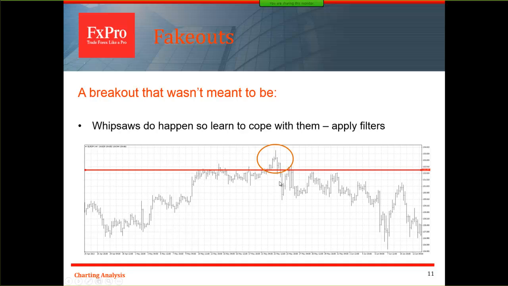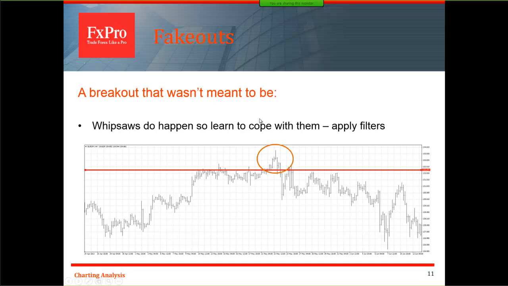To protect yourself from whipsaws, you may want to apply filters to breakouts so that you can have some confirmation that the breakout occurred. For instance, you may wait for a close beyond the breakout level, or maybe a 3-bar move beyond the breakout level, or with equities a 3% move beyond the breakout level. The choice of the filter is not as significant as consistency in the filter used.